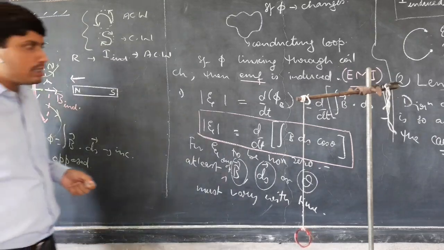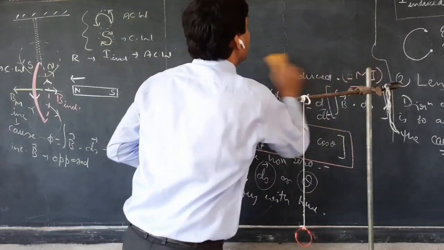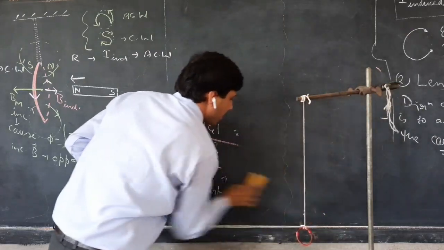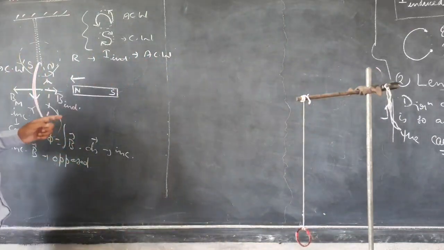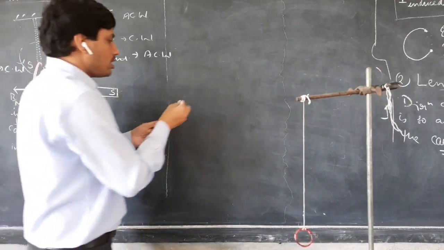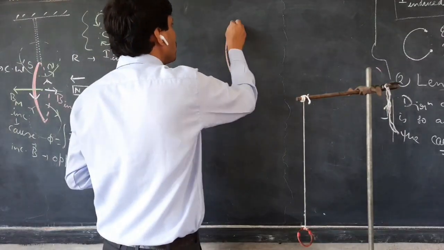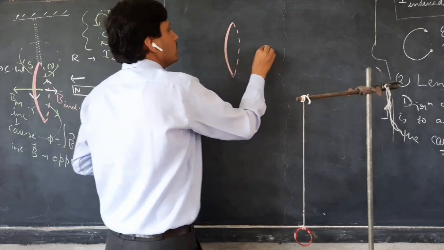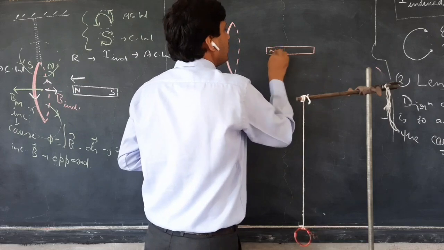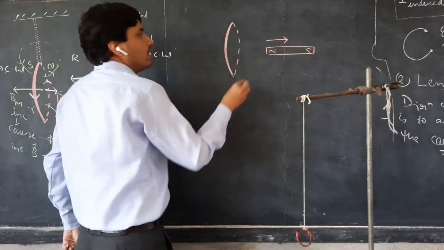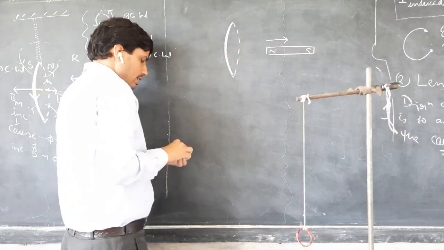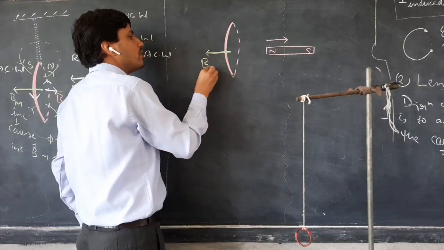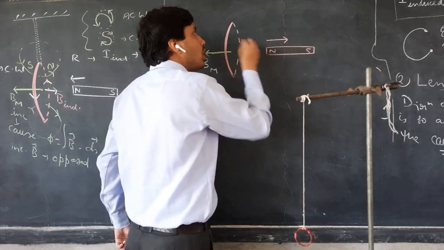Now let us discuss in detail what will happen if you bring it towards and then take it away. Just opposite is expected to happen if you take this bar magnet away from the coil. Let me quickly draw the figure. So the north pole of the bar magnet, now I will take it away. So this north pole produces magnetic field in this direction. This is the magnetic field due to the magnet. I am taking the magnet away from this coil.